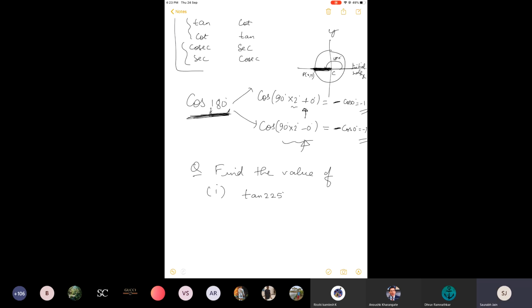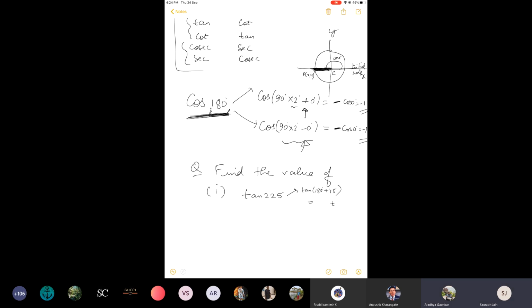It is tan of 180 plus 45 degrees. First, you will write it as 180 plus something, because it is in the third quadrant, so obviously greater than 180. So he has written it as 180 plus. After this, because 180 is an even multiple of 90, yes, that's correct, there is no change in the T ratio. If it was tan earlier, it will remain tan only. The angle will be reduced to 45. Now, how did you decide whether to write it as positive or negative?